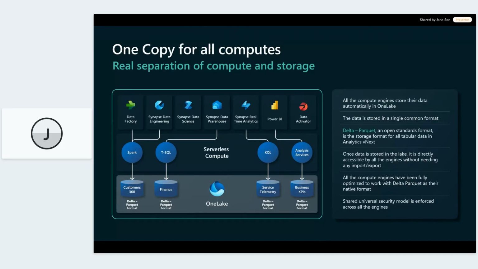It's optimized for time travel, for parsing and things like this. So lots of advantages there. And what it means in terms of working with Fabric as a single platform is that, again, your analysts, engineers, data specialists generally, regardless of the profile, they might be working with different tools.